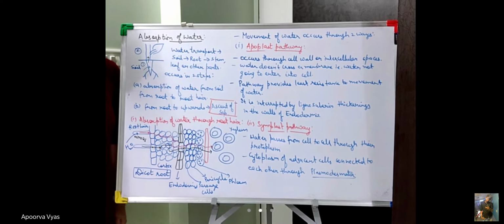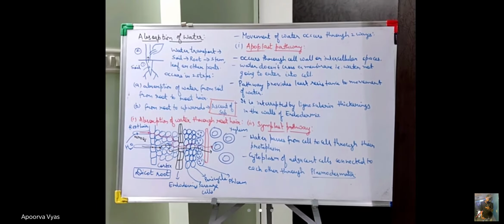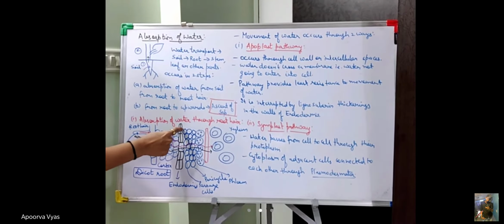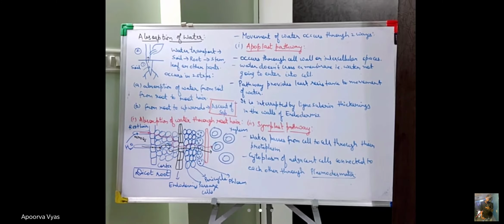Now the question arises when it actually reaches endodermis. If you remember, the endodermis जो dicot root में होती है, it is actually made up of certain lignosuberin strips which are known as Casparian strips. ठीक है, so since these Casparian strips they are actually made up of lignosuberin, because of the presence of this lignosuberin they are actually impervious to water. ठीक है, so since they are impervious to water, तो water तो यहाँ से directly इन Casparian strips के थ्रू मूव नहीं कर सकता है, तो there should be something which should be present जिसके थ्रू ये water मूव कर सके.